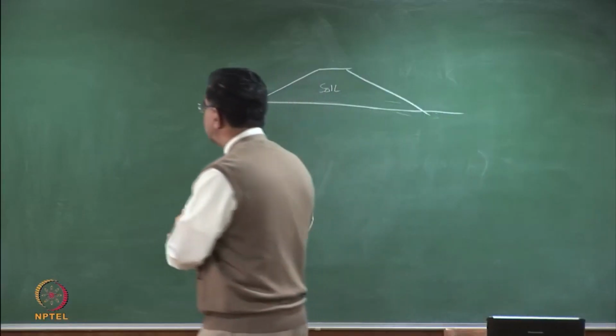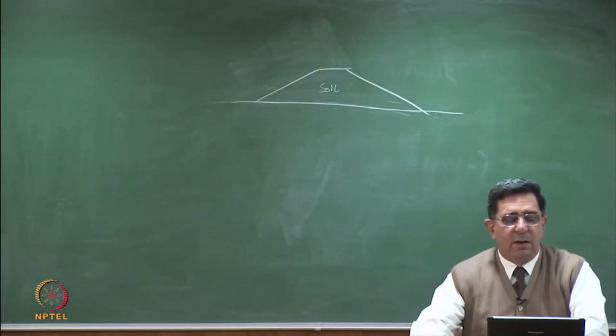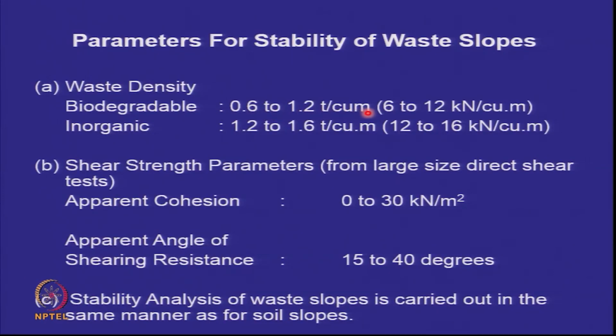So first let's go through the densities. If you have biodegradable waste, your densities, what we call total unit weight, will be low, but if you have inorganic waste, it will be typically like soil. Apparent cohesion values 0 to 30 kilonewtons per meter square, and apparent angle of shearing resistance 15 to 40 degrees. So just to understand that, if I am giving you these ranges,